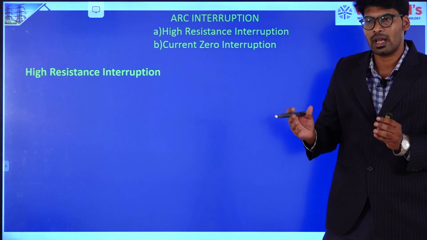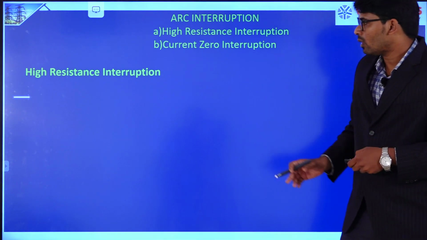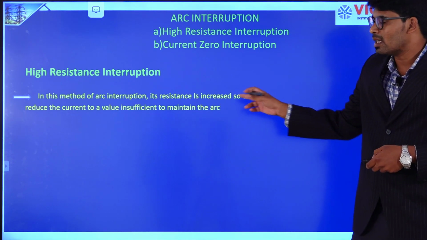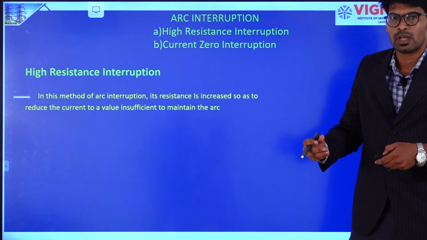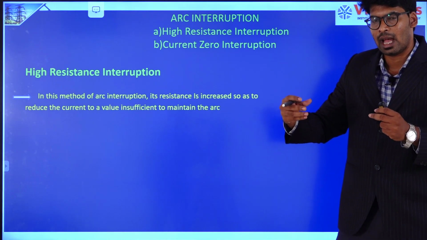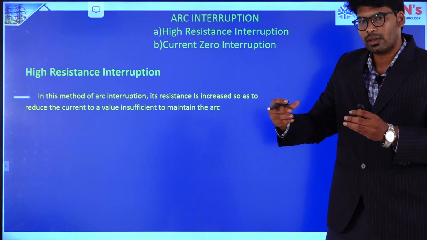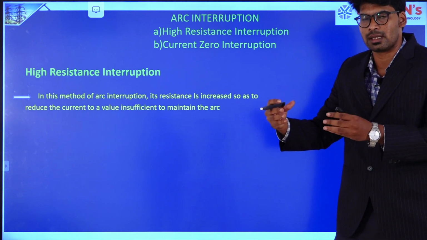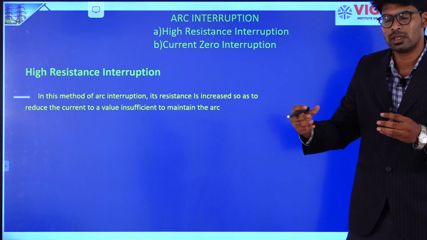That is the main job of our engineer. So in the method of arc resistance, the arc resistance is increased so that the current produced in the arc is reduced. Immediately after the arc starts, high current will flow through the conductor and the contacts. To reduce that high current, we need to introduce high resistance. If we increase the resistance, the current flowing between the contacts will be reduced.